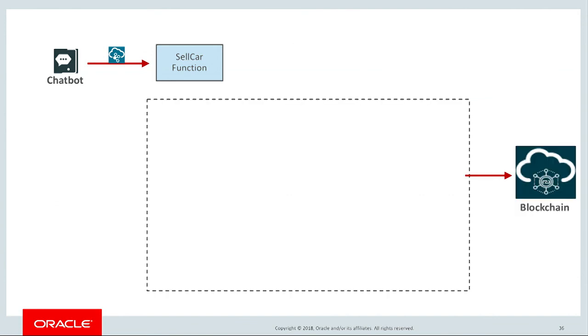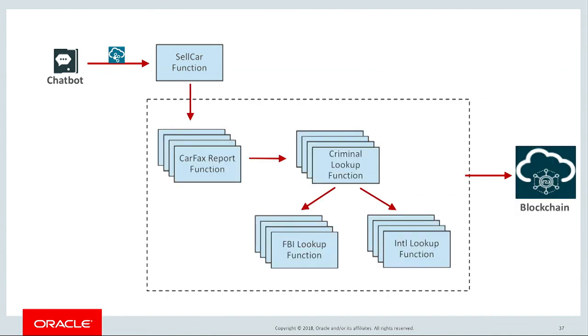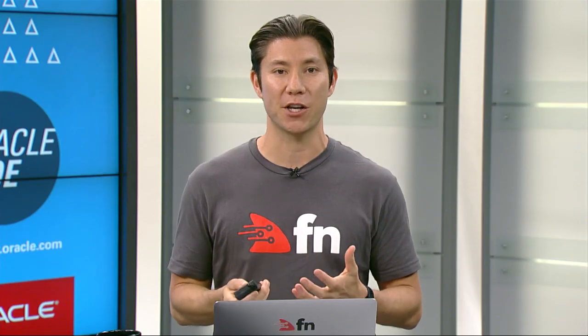This other stuff includes things like Carfax reports, criminal history lookups, could be an FBI lookup on this car, to make sure that the car is kosher before it gets sold on the blockchain. It's much harder now to go in and build all this stuff and force it in. That's a monolithic model. What we've done with FN Flow is you can create each of these functions, and instead